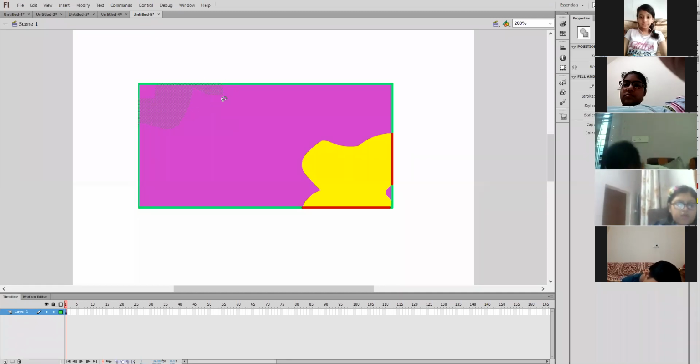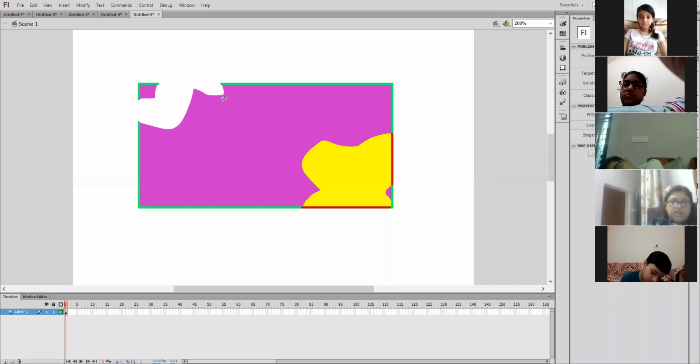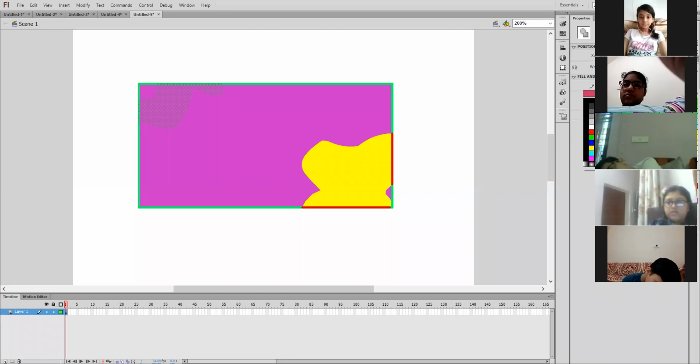I can delete it by pressing the delete key from the keyboard, but we have already done that. We can change its stroke color, its fill color, its stroke size, and its style also.